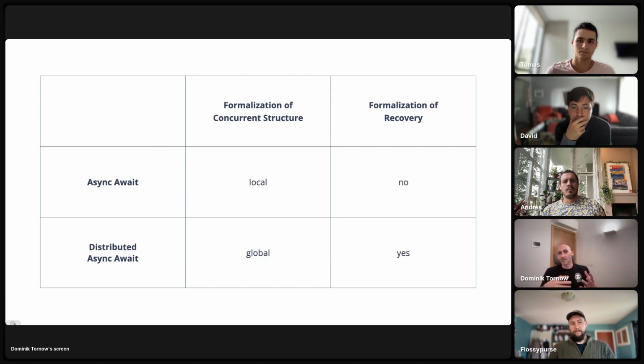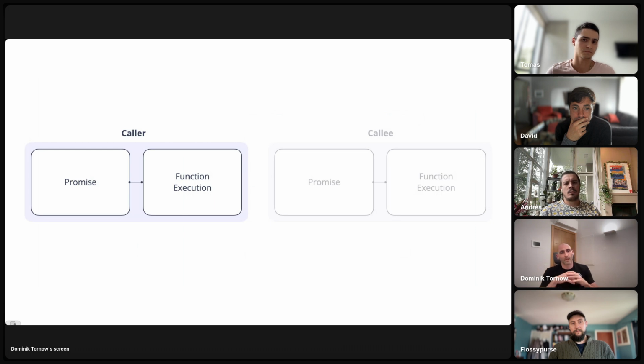Now, given what we know about async await, what extension do we need to make distribution and recovery first-class citizens? Now, functions and promises are composable universal abstractions for computation and coordination. Right? Do some stuff and wait for some stuff. That is the lingua franca, the universal language of